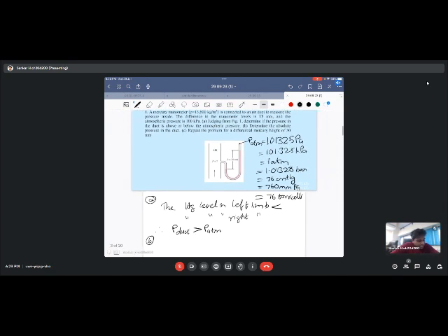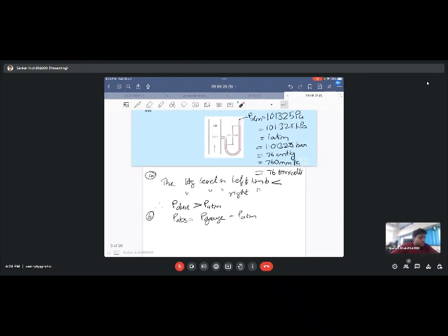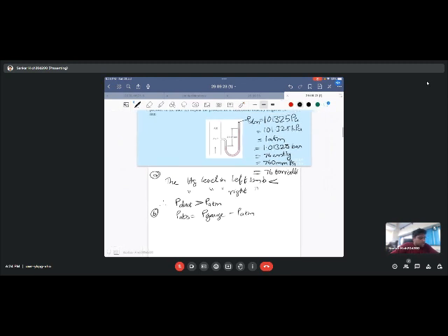Now, the second part of the question deals with determining the absolute pressure in the duct, and what is meant by the absolute pressure is the gauge or differential pressure plus the atmospheric pressure. Basically, whatever pressure you are calculating here is the gauge pressure alone. So, when you take the pressure